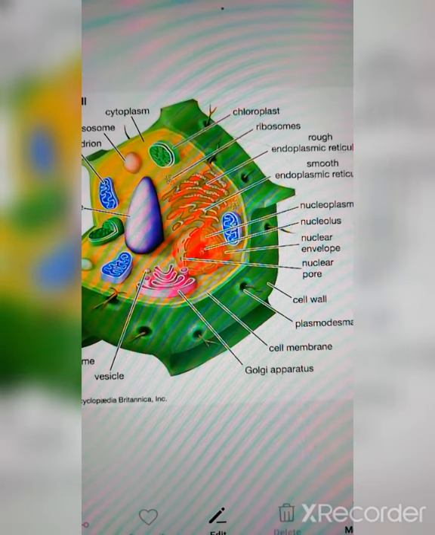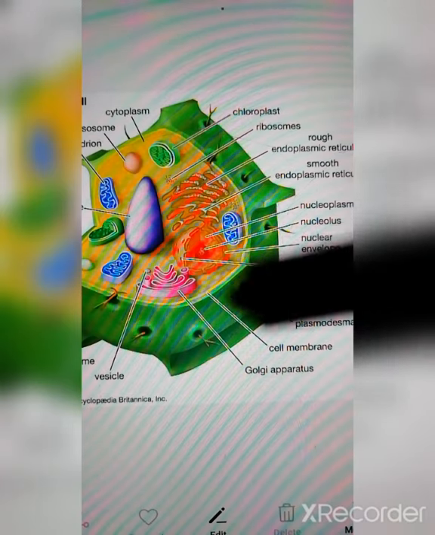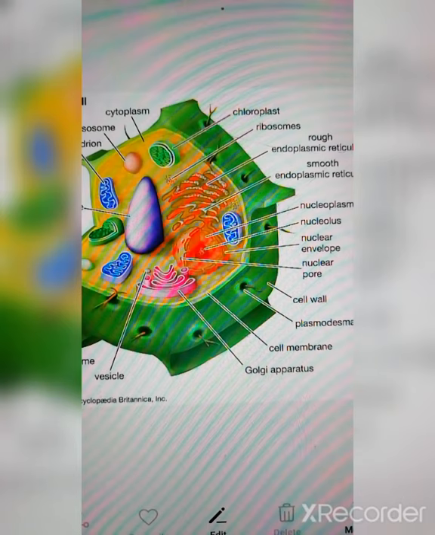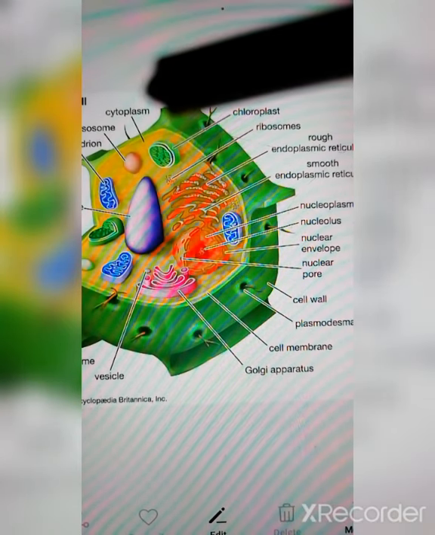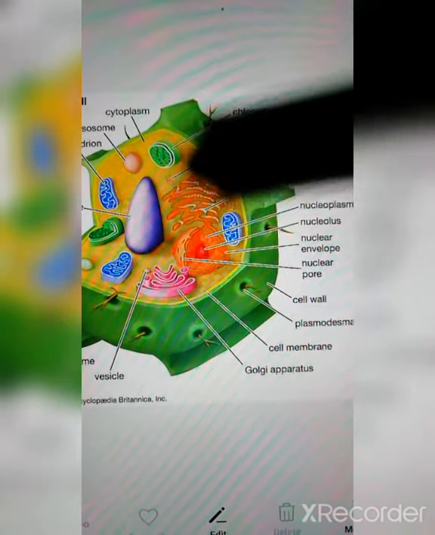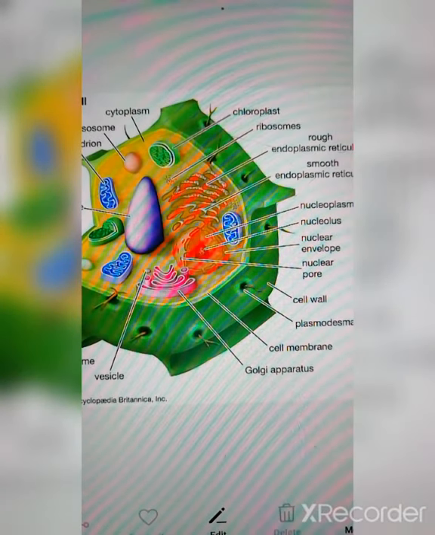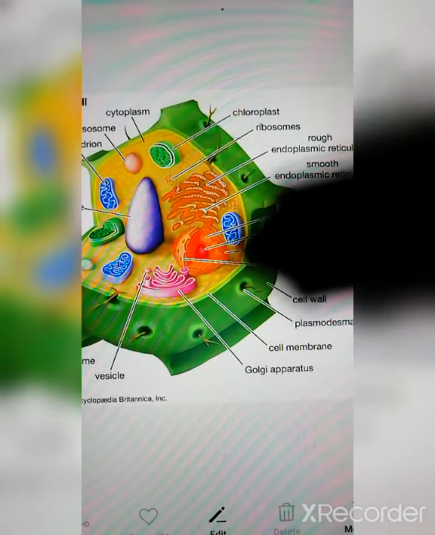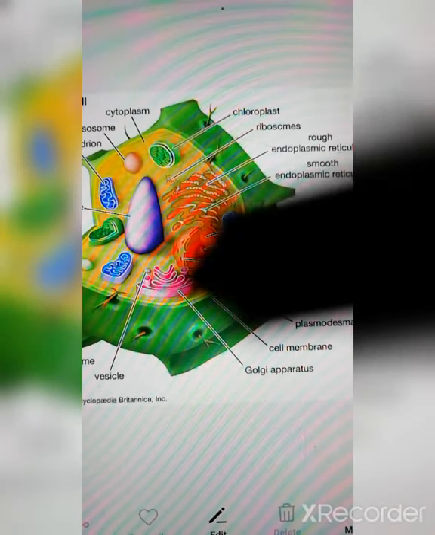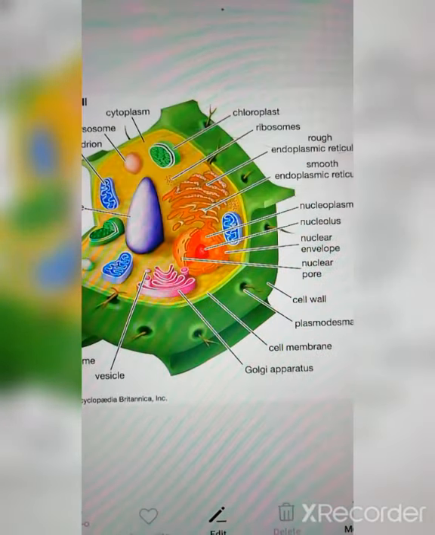Hello friends, in the previous video we studied some of the organelles of a cell as well as the cell membrane and cell wall. Cell membrane and plasma membrane are one and the same. In this video we will discuss the cytoplasm. Cytoplasm is the medium of fluid in which all the other organelles float. All the other parts of the cell, such as the nucleus, endoplasmic reticulum and mitochondria, float in the cytoplasm.